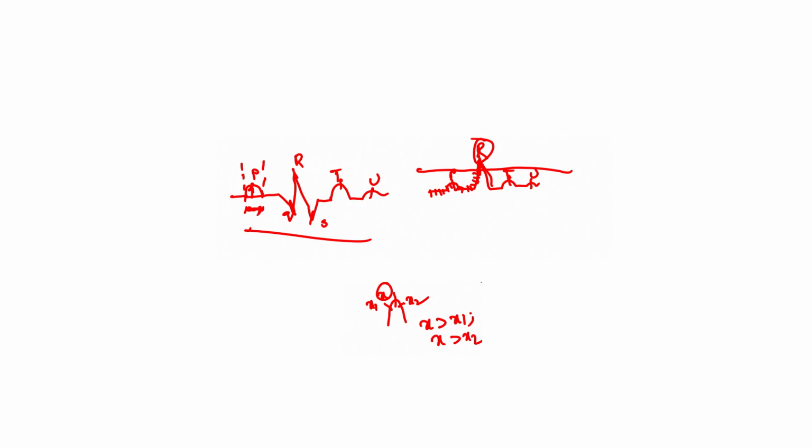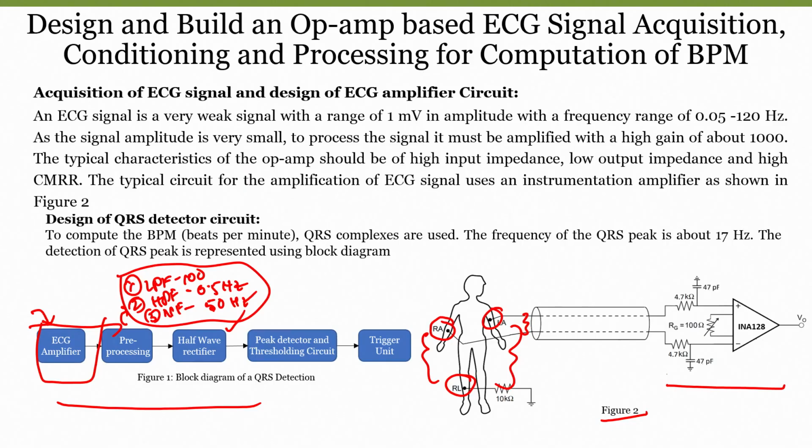Then I can easily find out the R peaks, and if I can calculate how many R peaks there are, my job is done, right. In order to do that functionality using an operational amplifier, I have to design a circuit. Designing that circuit is nothing but a peak detector circuit and a thresholding circuit. Then after doing peak detection and thresholding, I have to compare. So whenever I get a peak, I have to count it.